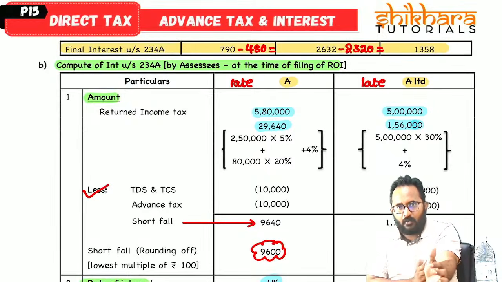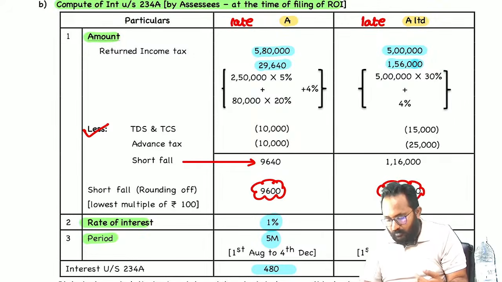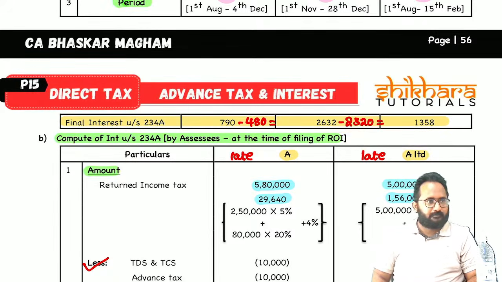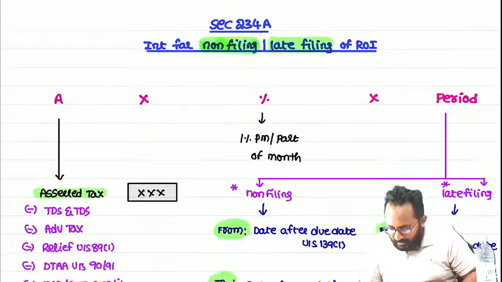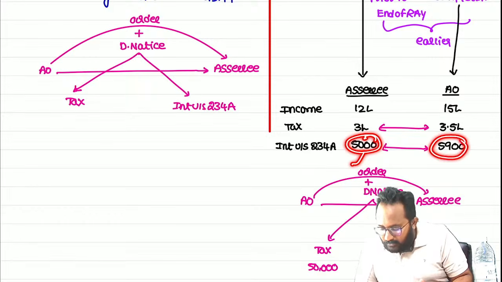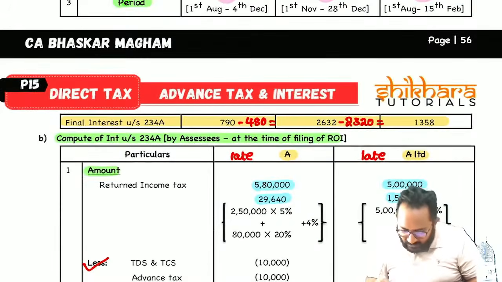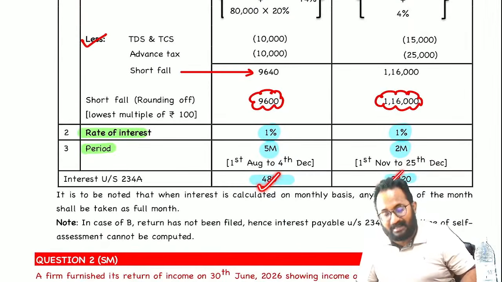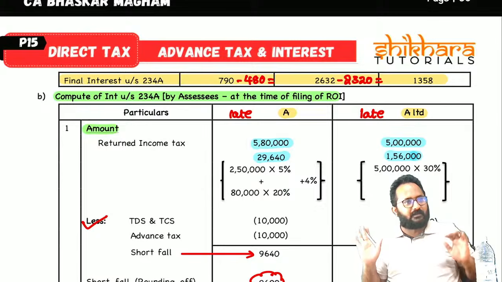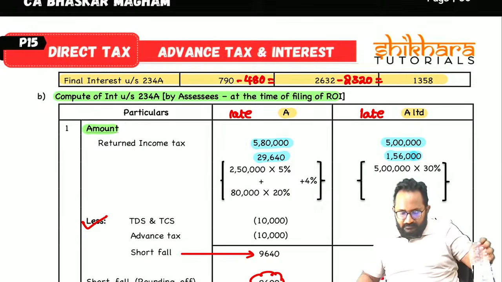I am saying that whatever interest you paid at the time of your return filing, you can get it as a reduction while they are collecting the final interest liability. So that is what we took here as an example. Are they asking again, or are they reducing it from the final interest? They are reducing it from the final interest, and only the balance they are asking. In the same way, whatever interest you paid at the time of self-assessment, you can reduce it from the final interest liability under section 234A. Understood, all of you? Yes.